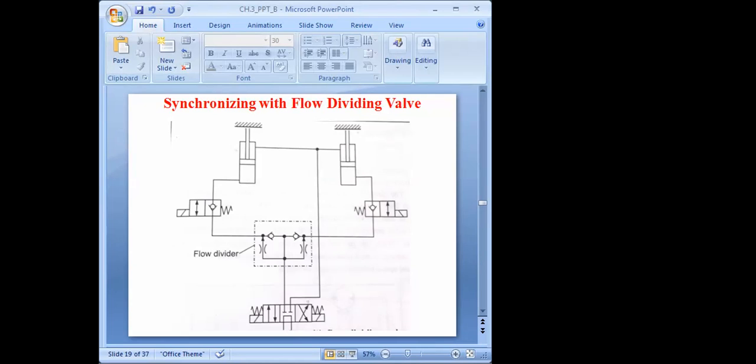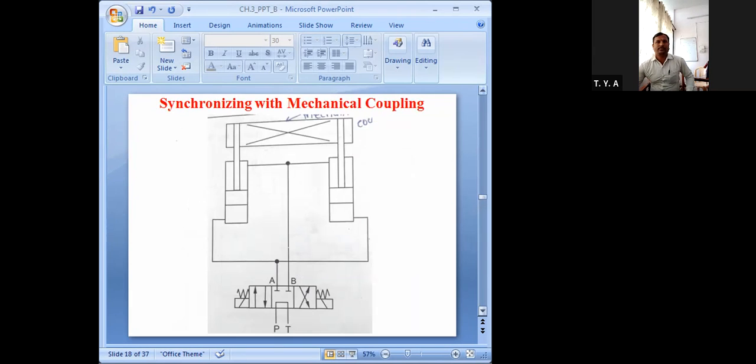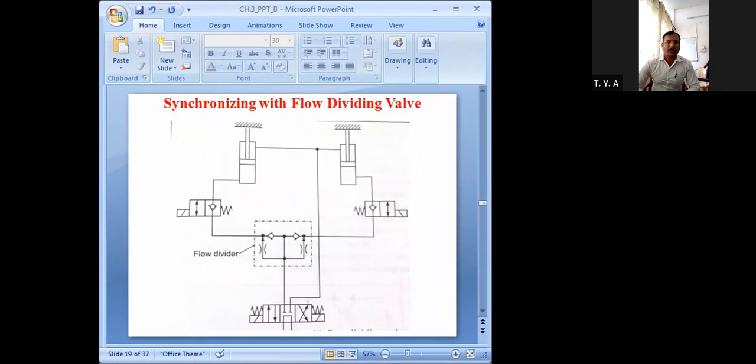If you want equal division of the flow during the return stroke, then you can install a flow divider at the top, that means here. Getting it? Understood or not?